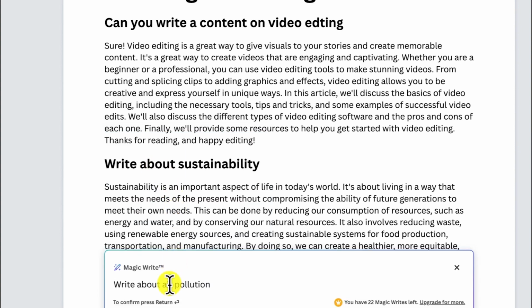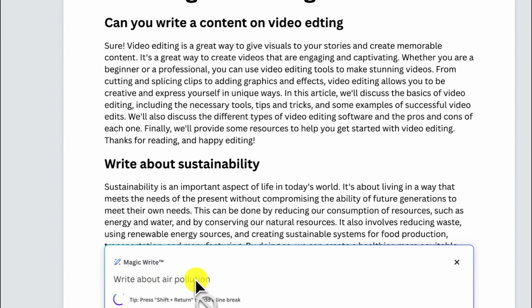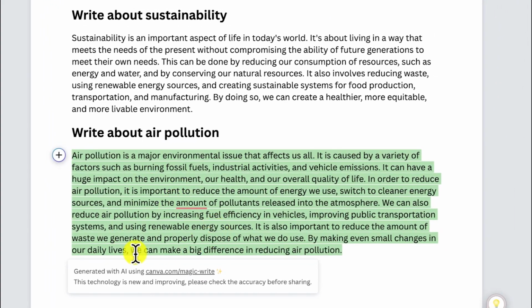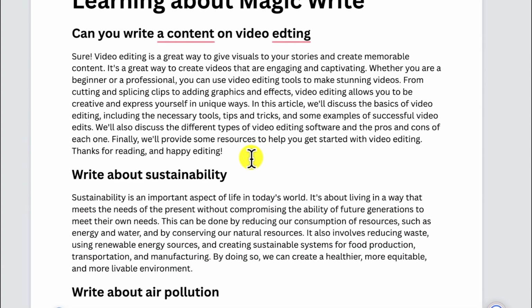And you can be very specific. For example, write about air pollution, and you just wait for it, it searches, and then boom, you can see it has just written about air pollution. Air pollution is a major environmental issue that affects us all. It is caused by a variety of factors such as burning fossil fuels, industrial activities, and vehicle emissions. It can have a huge impact on the environment, our health, and overall quality of life. So you can see it quickly, within seconds, generates all this,